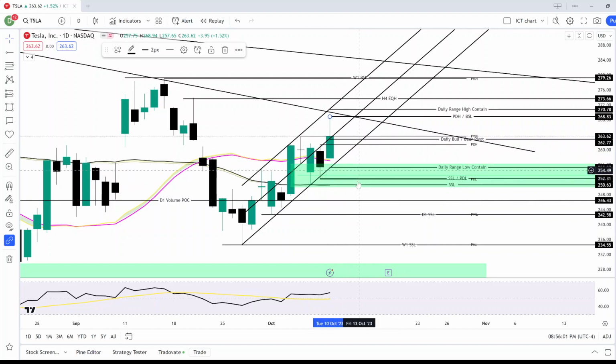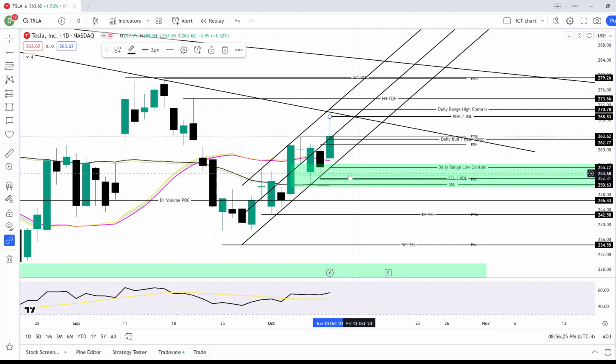But as long as we keep this daily fair value gap open, we're remaining bullish in the longer term, or the medium term perspective, until this daily fair value gap gets taken out, which is a candle close below, and this is a daily candle close below 250. Okay, we're still bullish regardless of this channel breaking. We become less bullish when the channel breaks, but until this fair value gap is closed, we are not in full